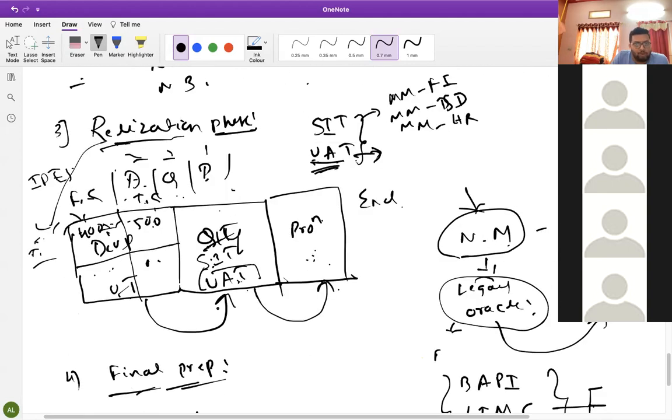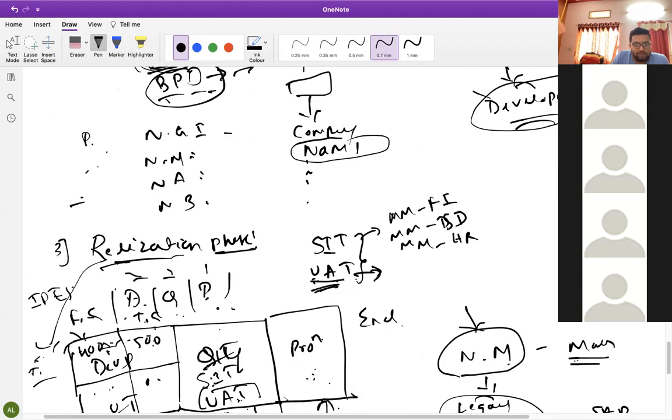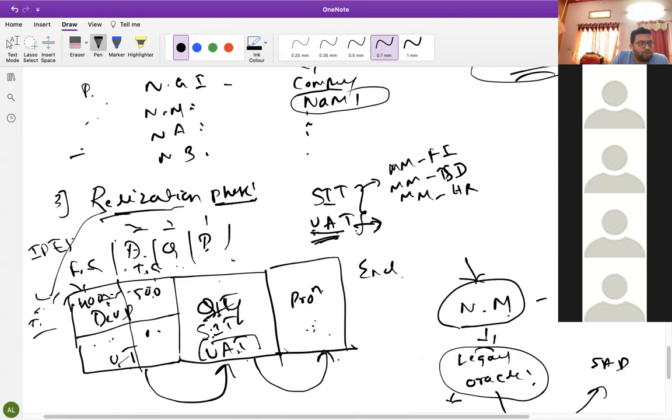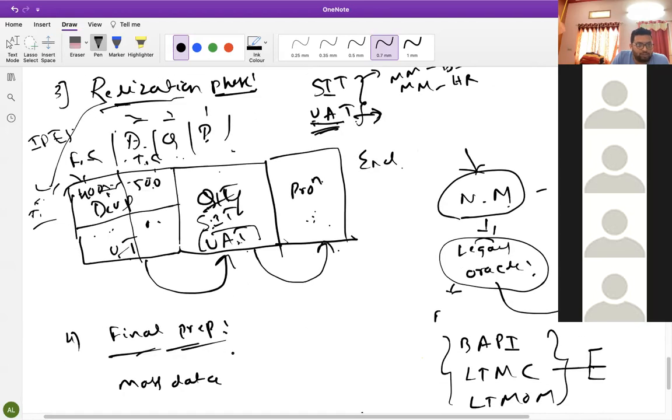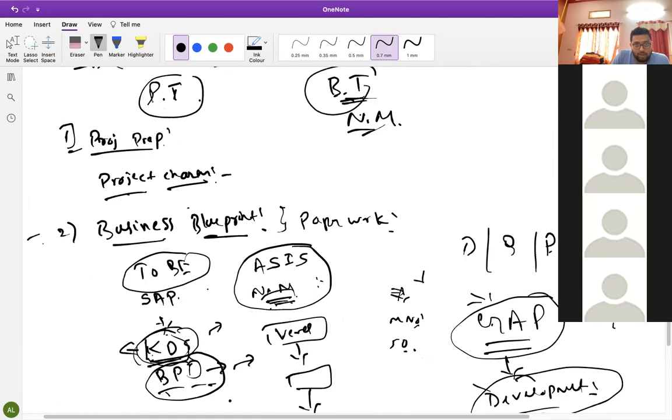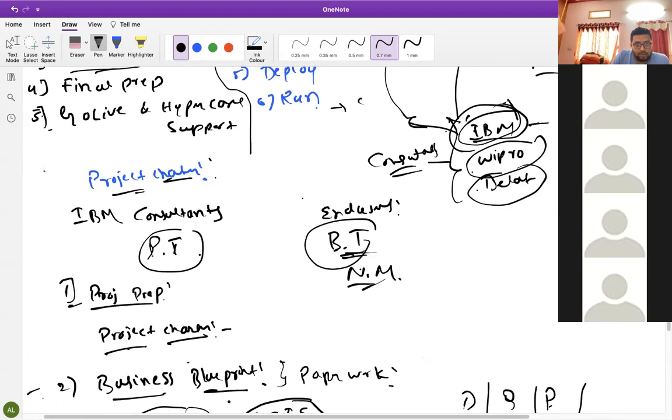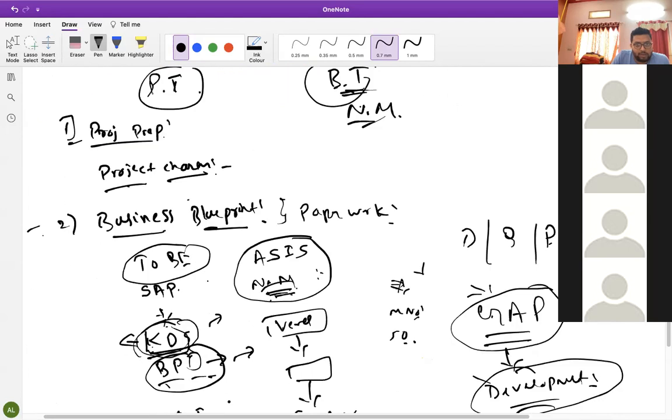Okay, so I was discussing the problem. One problem is they don't have an idea about what we are going to do here. So only in UAT will they come to know, and then they have multiple problems. Then again it will take time to configure as per their satisfaction. Feedback we do not take here. This is a major disadvantage. The disadvantages are from the end user side, not from the consultant, I think.